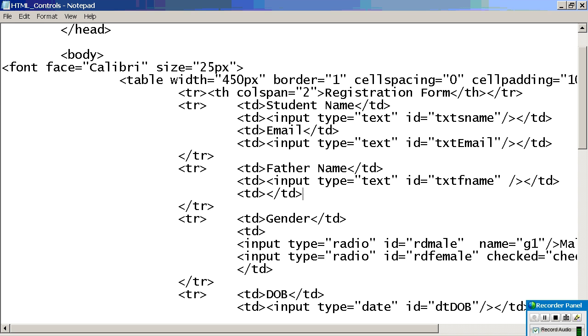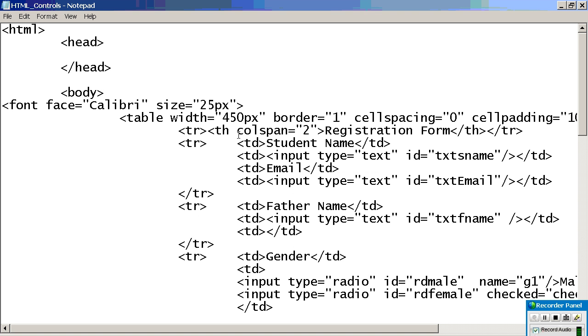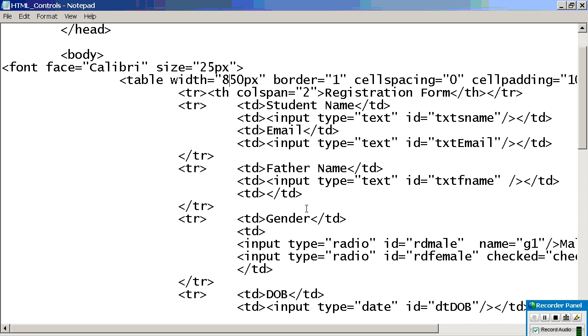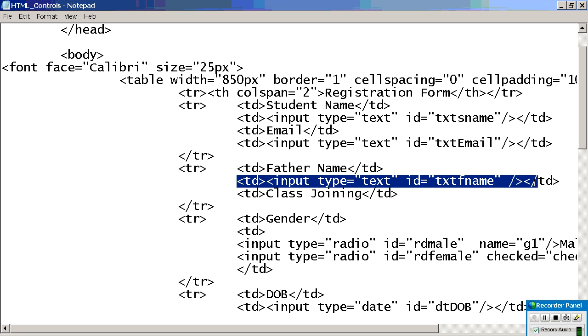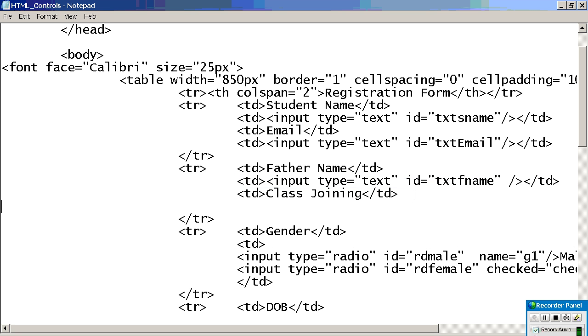Are you understanding? Okay. I will change this width to 850. Let it be pre-filled text. Let them enter, it's your wish. If you want to make them select, give the drop down. You can choose.